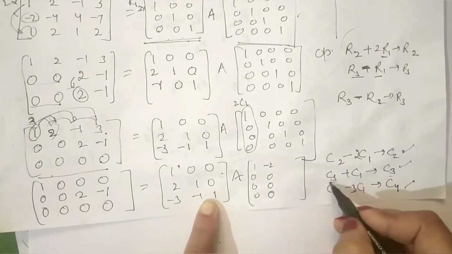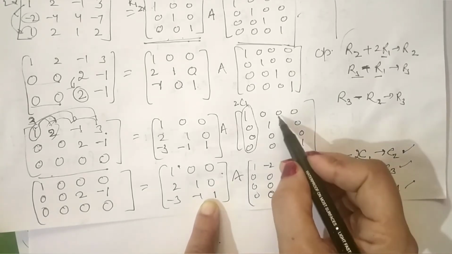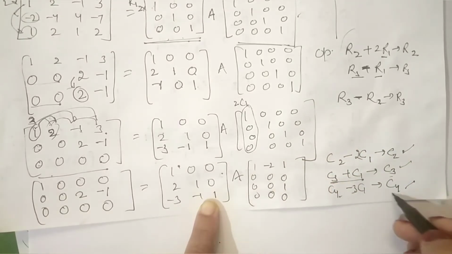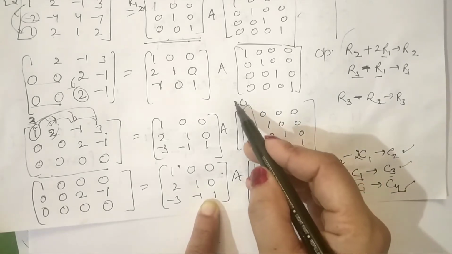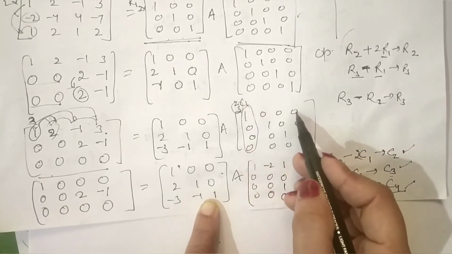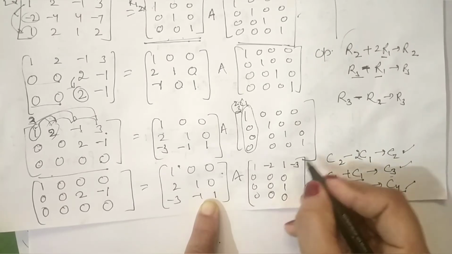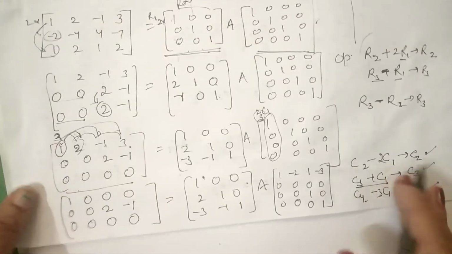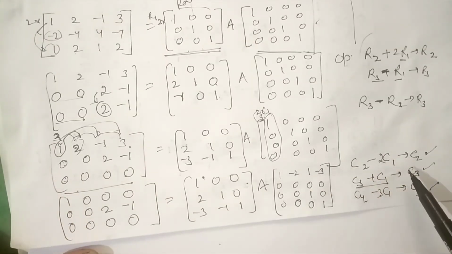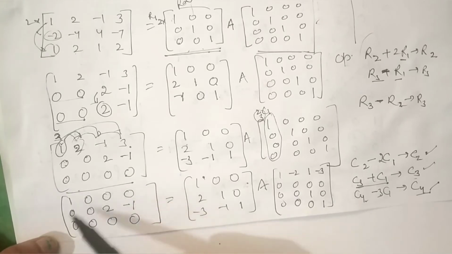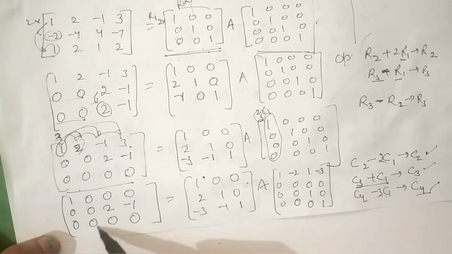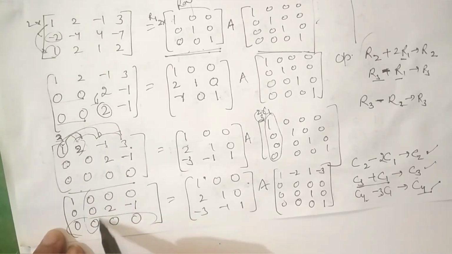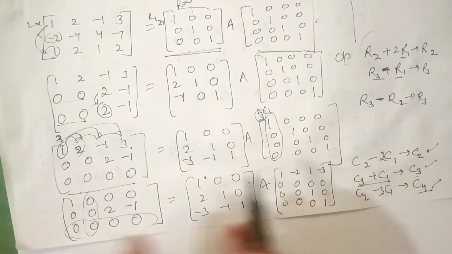Next, for the third column, we have added first and third column. Adding first and third column will be 1, 0, 1, 0. Then for the fourth column, we multiplied the first column by 3 and subtracted from the fourth column. 0 minus 3 is minus 3, then 0 minus 0, 0 minus 0, 1 minus 0 is 1. So this is the matrix obtained because we have used column operations now. Now you can see all these elements. Now the rows of zeros should be at the bottom, and the column of 0 should be at the end, or at the right hand.